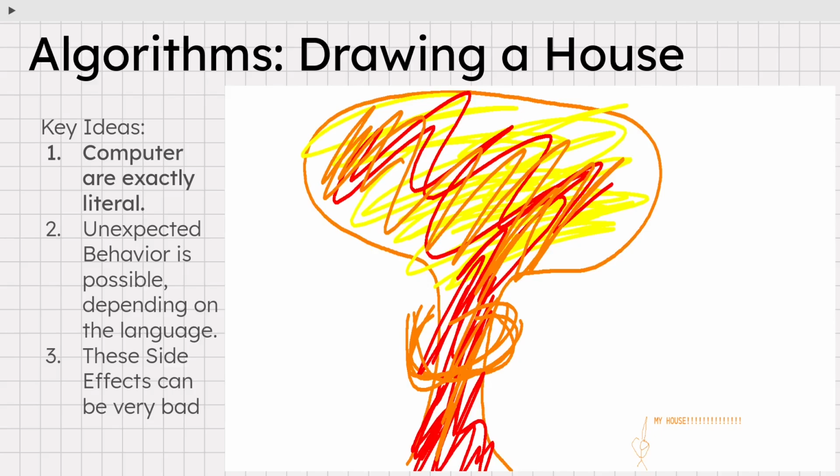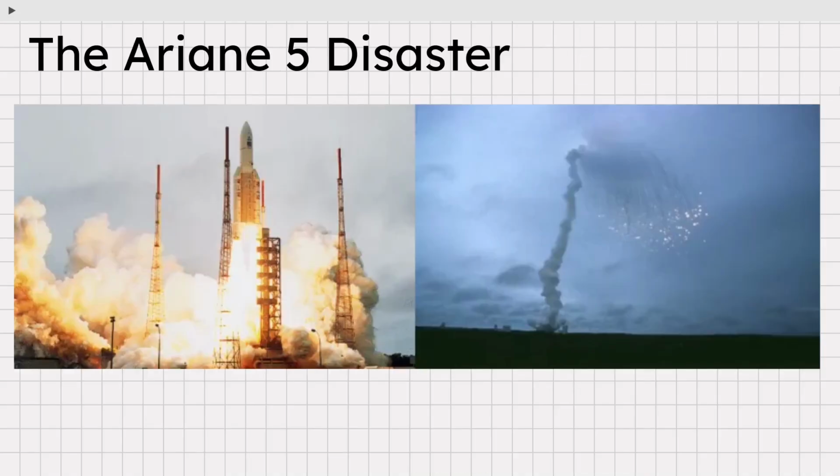Sometimes you can have unexpected or unknown consequences when you write these programs, and these side effects can kill people or blow up your billion-dollar rocket. In this case, it blew up a billion-dollar rocket. Something called a buffer overflow happened because somebody miswrote code, and as a result, Ariane 5 blew up. Kablooey! It was gone. No more Ariane 5, and they had to start over from scratch. Kind of stinks. Really sucks. So they had to go back to the drawing board with the program and go, here's the bug, and they fixed it.